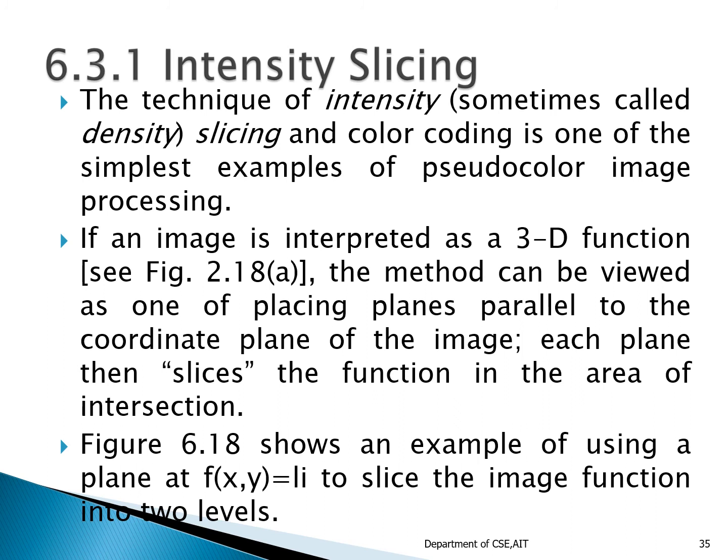If a different color is assigned to each side of the plane, as shown in this particular picture, any pixel whose intensity level is above the plane will be coded with one color, and any pixel below the plane will be coded with the other color. The levels lying on the plane itself can be arbitrarily assigned either of the two colors. The result is a two-color image whose appearance can be controlled by moving the slicing plane up and down the intensity values.